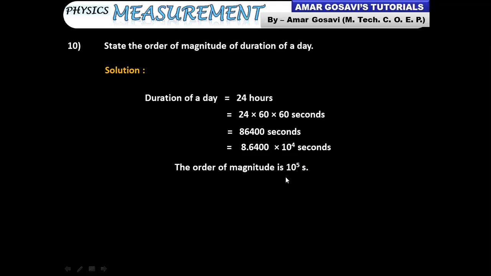So in general, you can get any quantity. Here it was duration of day. Tomorrow they may talk about anything in terms of hours, in terms of kgs, in terms of Newton. You are supposed to find out the order in this fashion. Hopefully things are pretty clear till here. Am I correct in assuming? Yes, sir.